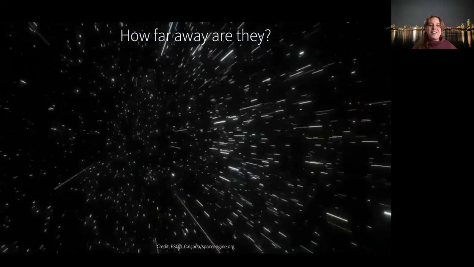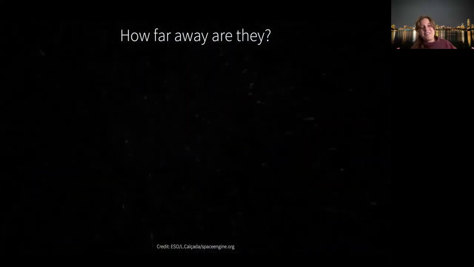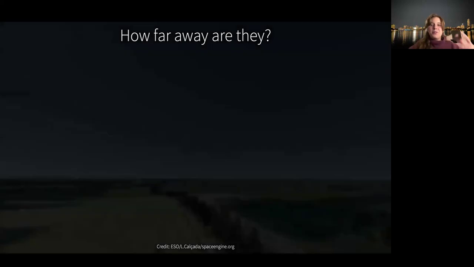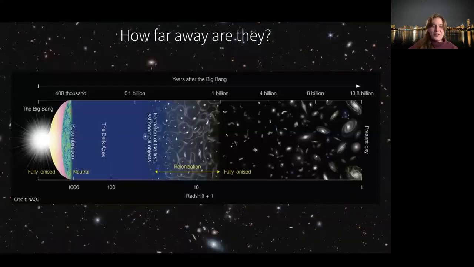And then we have to zoom out very, very far into the past, where we might see something that I would call a high redshift quasar. So to put this into a more schematic perspective, I want to show this plot over here, which shows you the evolution of the universe, where on the left you have the Big Bang, and on the right you have the present day with all the galaxies that I was just trying to show you.